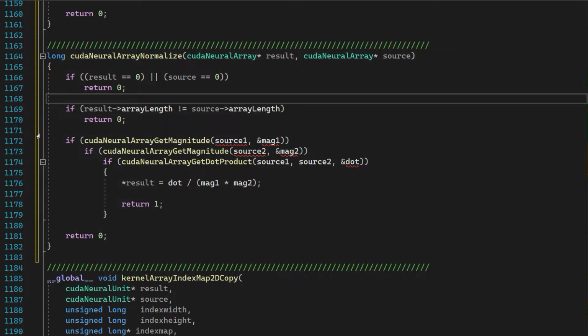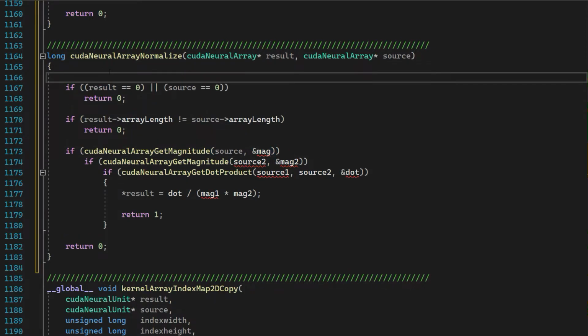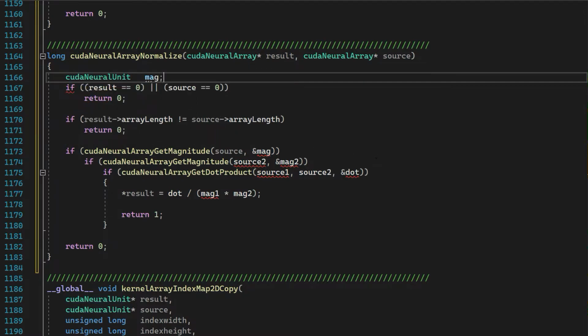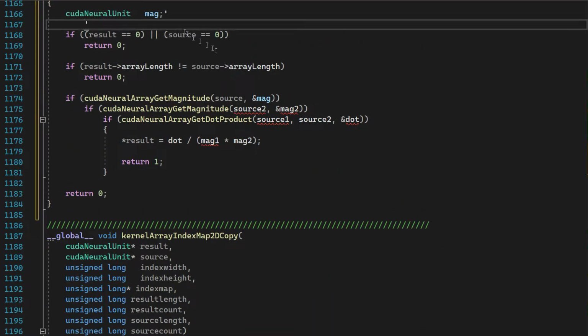Okay, next, how do we normalize? Step 1, we get the magnitude. Oh, convenient. Magnitude of source. Step 1, get the magnitude of source. CUDA neural array magnitude. Mag. Okay, step 1, get the magnitude. Step 2,